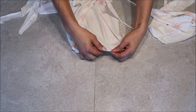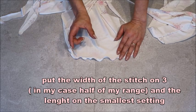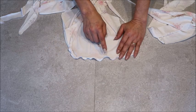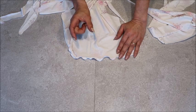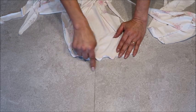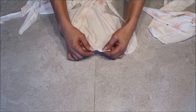So you fold it in around half a centimeter, and you put the settings of your sewing machine. I put the width of my zigzag stitch at half of the maximum. So mine goes up to 6, and I put it on 3. And I put the length of my zigzag stitch at 0.5, so the smallest setting. So the width of the zigzag is half as much as I can, so 3, and the length is as short as I can. And then you get a very tight zigzag stitch. Sometimes you can also take less than 3, but now for this fabric I needed that